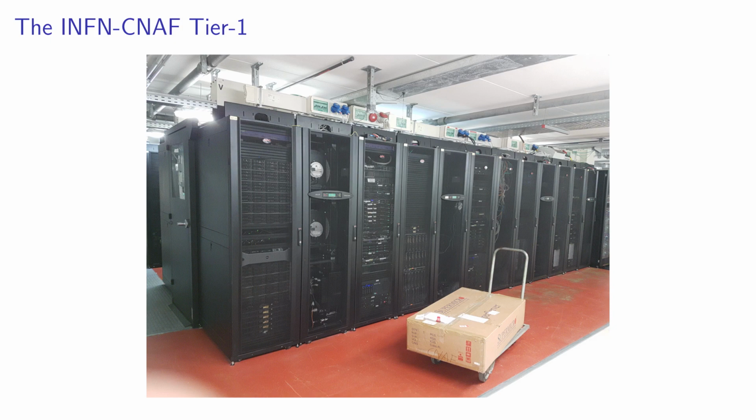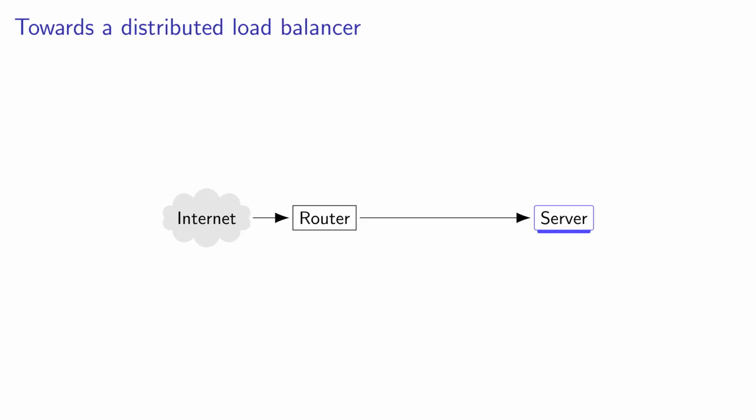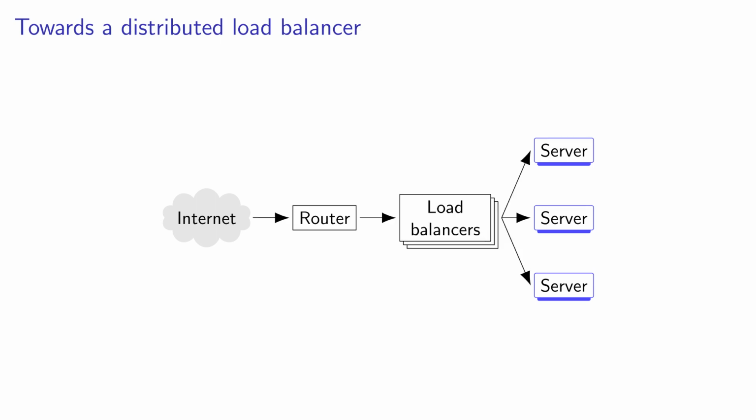With this speed, you obviously want the best possible performance, but let's start from something simpler. Normally, when you start to deploy a server, you use a topology like that. A server connected to the internet via router. But you want redundancy and scaling up, so you increase the number of servers. Now you need to distribute the internet traffic among them, so you need to buy load balancers and place them between the router and the servers.